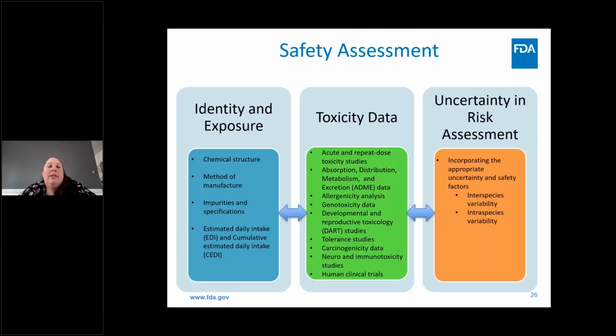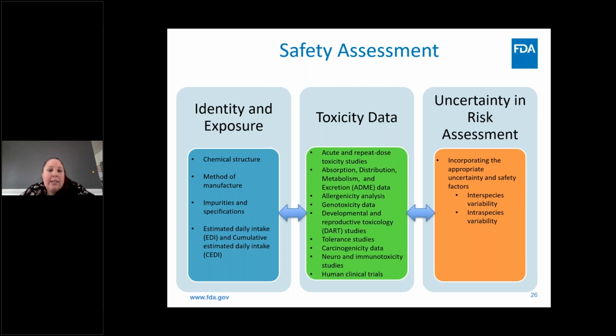So to pull this all together, the safety assessment is done by a multidisciplinary team, and we rely on each other to address different parts of the application to arrive at the final safety conclusion. So you have the chemist who's responsible for what's in this blue box here, the identity and exposure assessment. And then you have the toxicologist who's responsible for the toxicity data outlined here in this green box. And I'm going to go over a few of these studies that we see because you'll see this in our case study. Often we'll review acute or chronic toxicity studies.